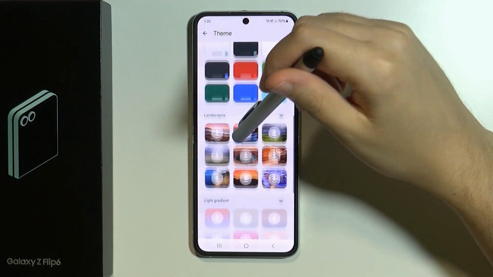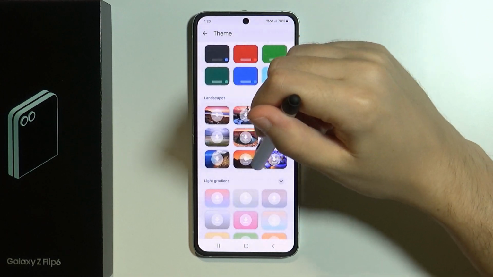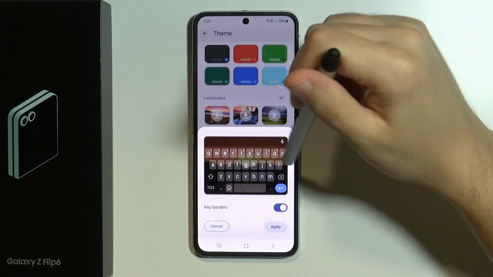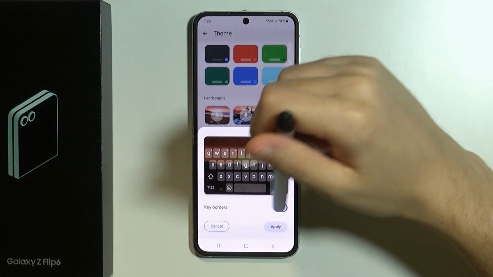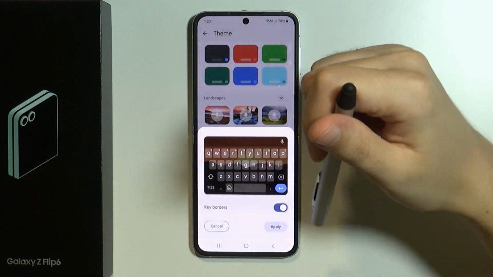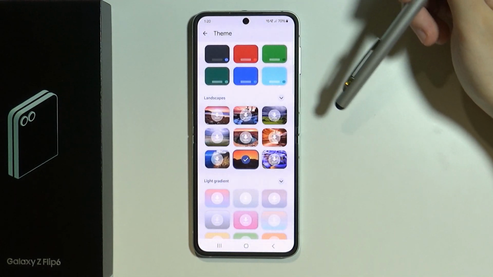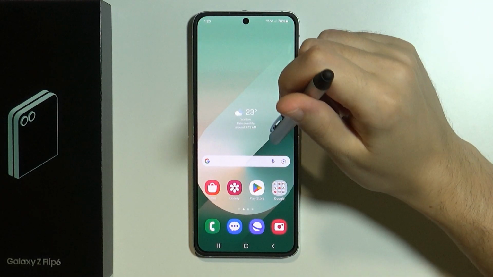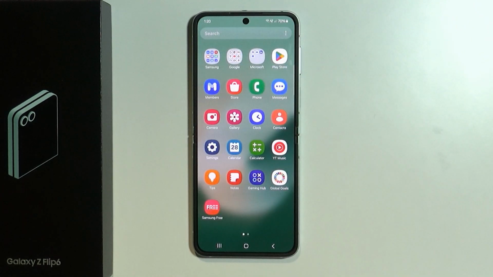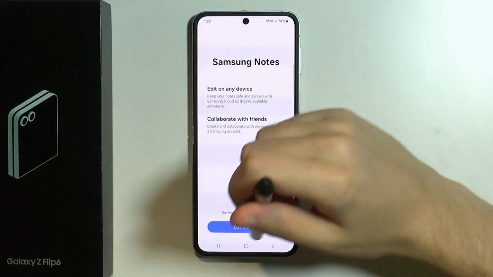But let's say we're gonna choose like a landscape photo over here. Let's say this one. So we can tap on that picture in order to download it. Then we can select to have keyboard as or not, and then press apply at the bottom. And there we go. So we have now a custom keyboard,